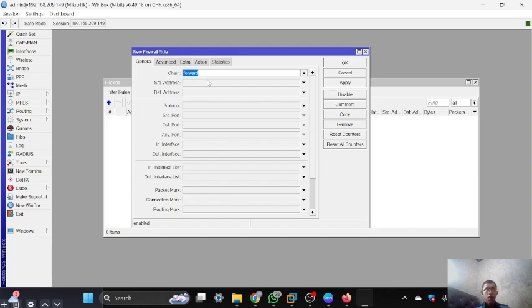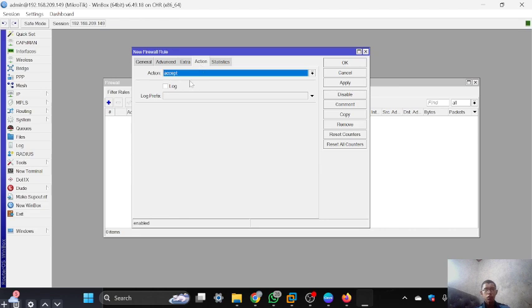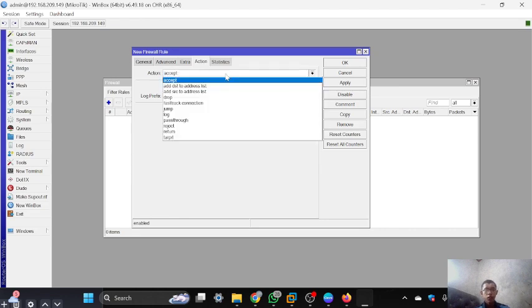It will be accept or block. So there is chain, source address, destination address, and then protocol. And then there is action, or it's called then. This is the action. What will the packet do? It will be accepted or dropped or blocked.